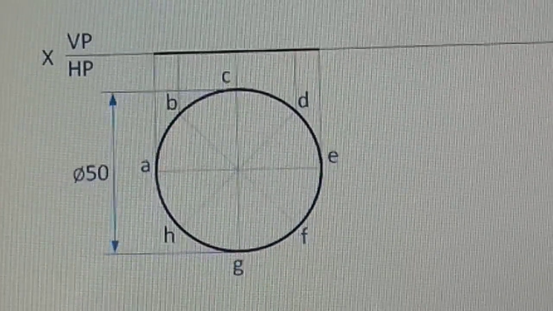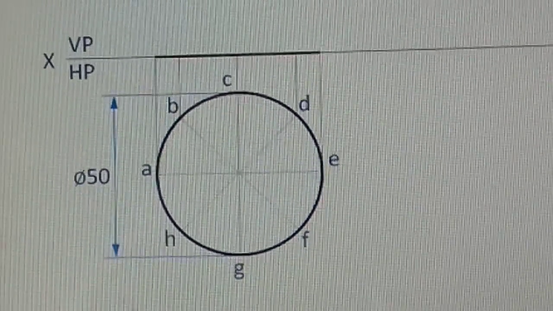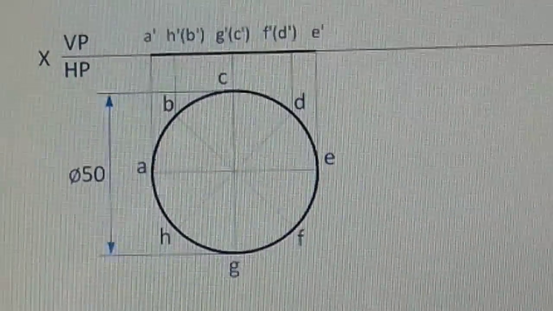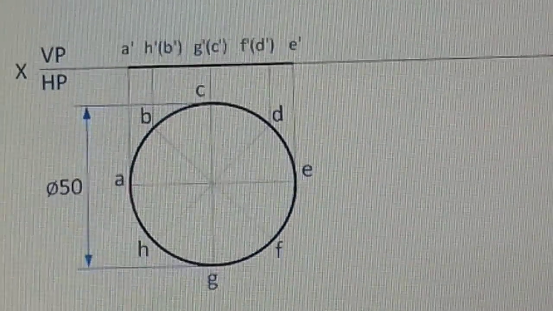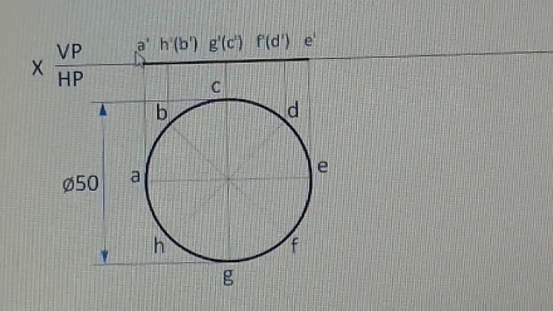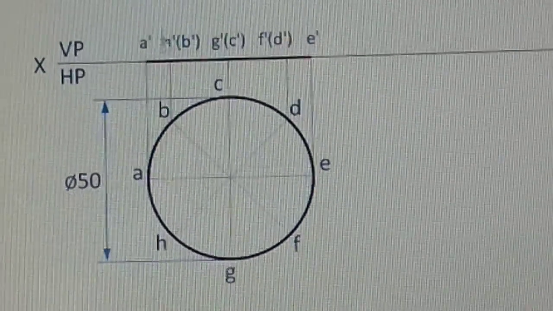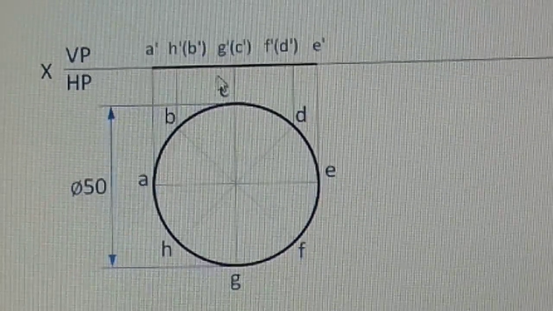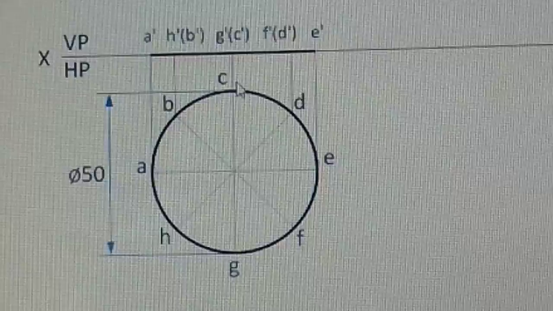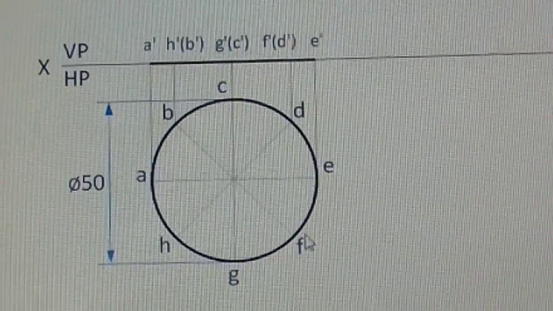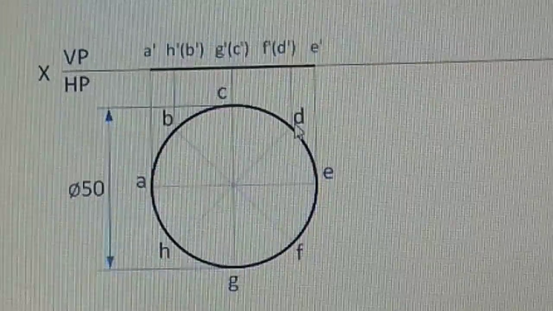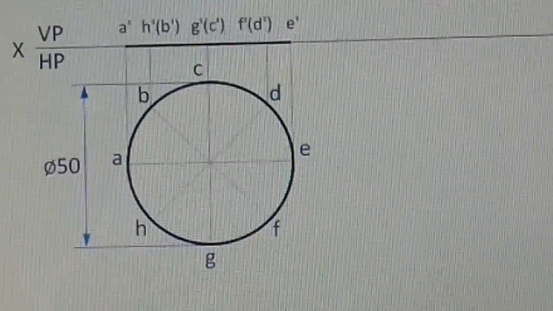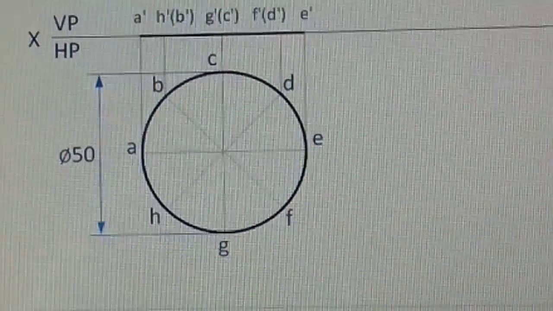Then you connect the ends A and E by a thick line of 0.5 mm thickness, and later you name the points in the front view. This A becomes A dash, and H and B are in the same line, so H becomes H dash and B becomes B dash, and G becomes G dash, inside bracket C becomes C dash because this C is invisible. So F becomes F dash, D becomes D dash, inside the bracket E becomes E dash. This completes the projection of the first position of the circular lamina.